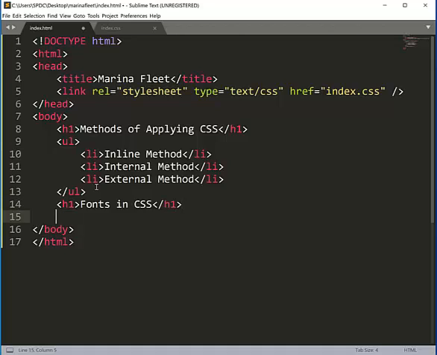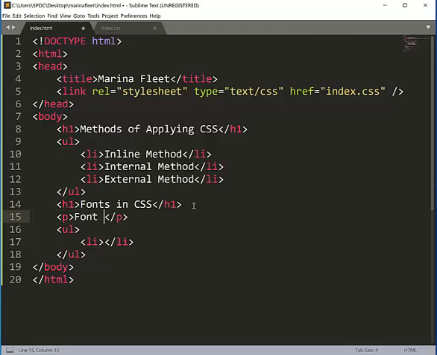Let's have our UL and li. Let's have a p tag that says the font properties include: